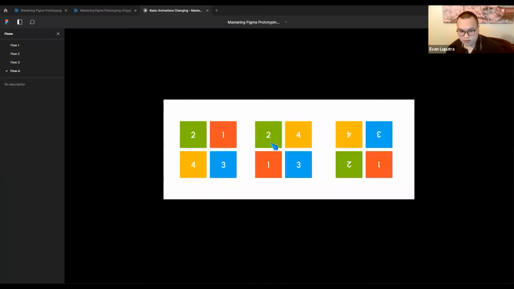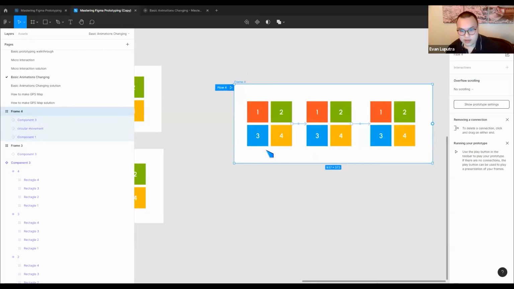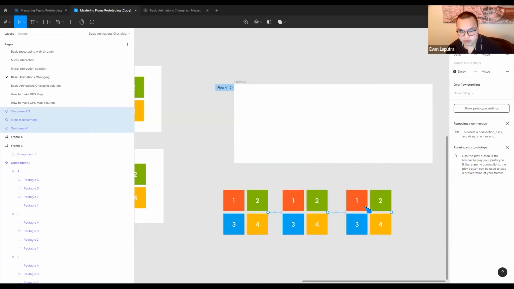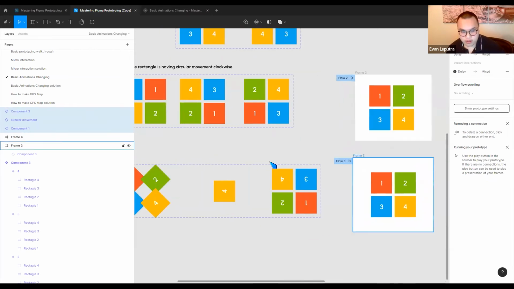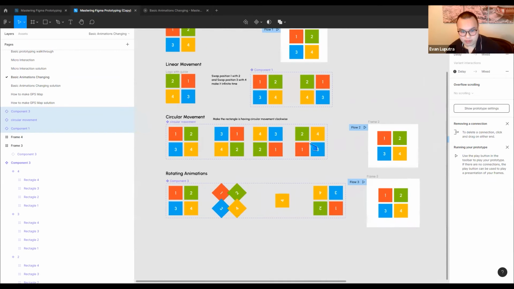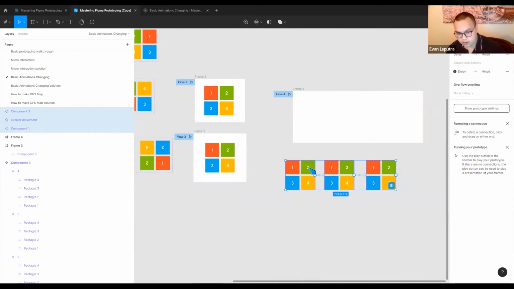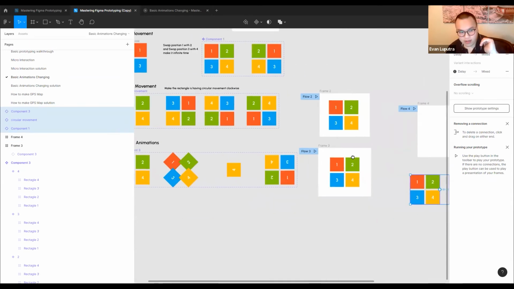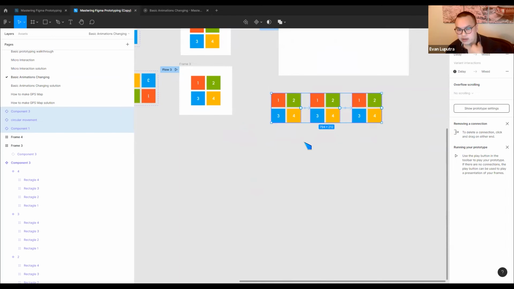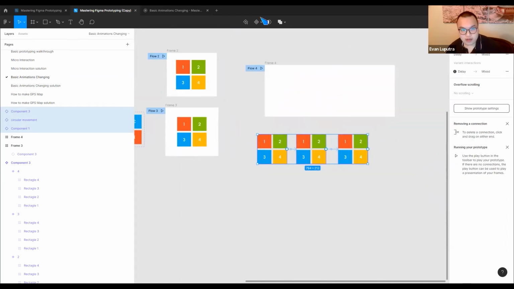Okay, this is how it's done. And next one, let's combine all of these together into one movement. I want them to move in just one window, but with all of the movements implemented. To do that, you need to combine it as a variant as usual,